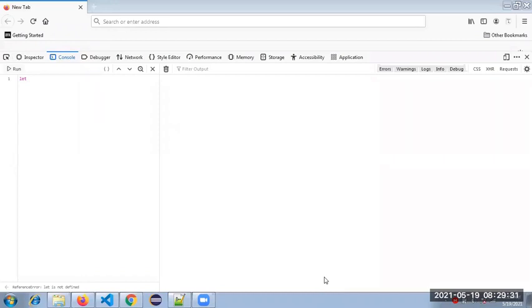Why do we need to use let? Why not var? Any idea? Okay. See, in other languages also we have a placeholder to keep the data types, right?